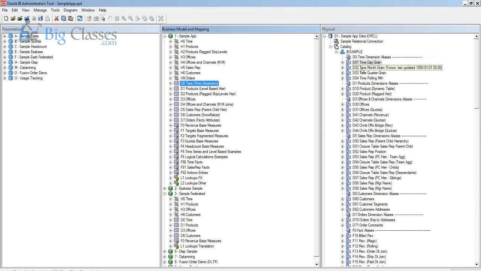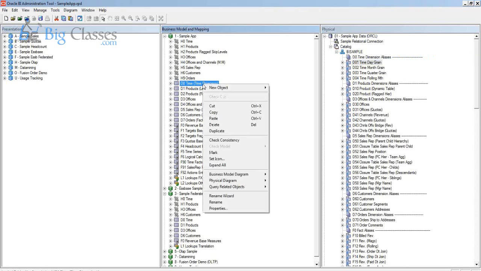Now here, physical joins. If you come to the logical, this is also called the logical layer. BMM layer and logical layer are both the same. So logically we are joining two tables. What is the logical? What is the physical? Physical is nothing but the columns on which the join is made should exist. Logically, the joins are not required; the cardinality is required. See here, if you go to the BMM business model diagram,